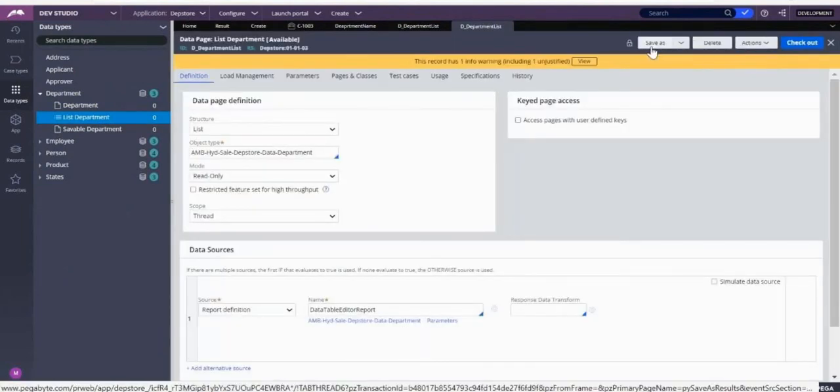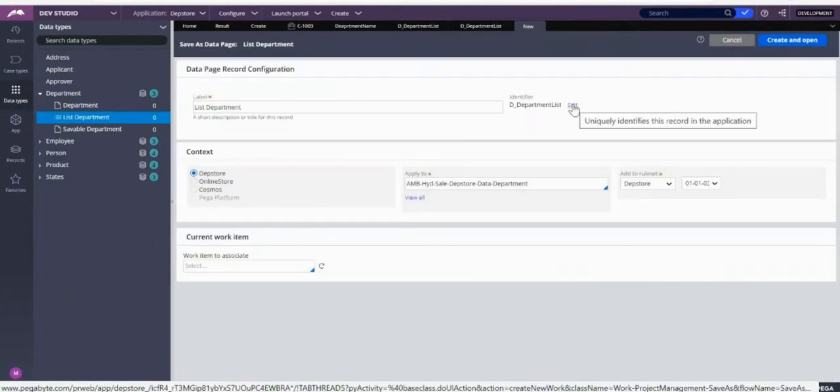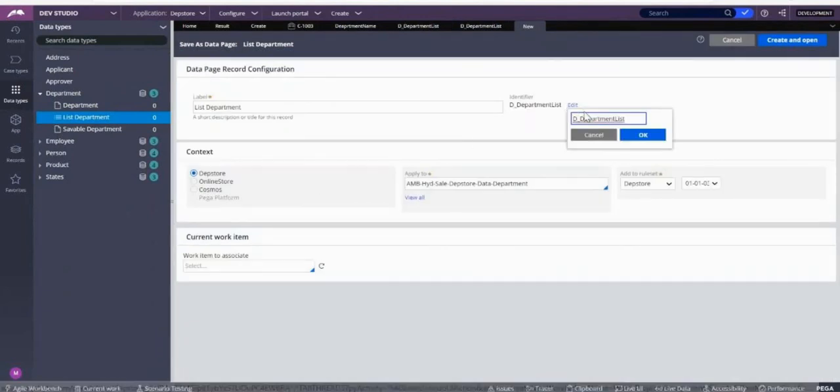So let me create a new data page. Search department. Okay, it will open.